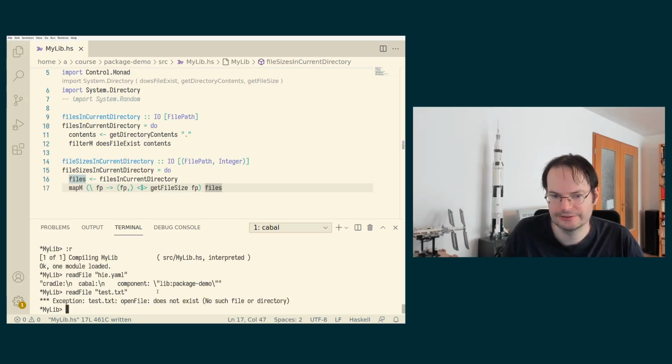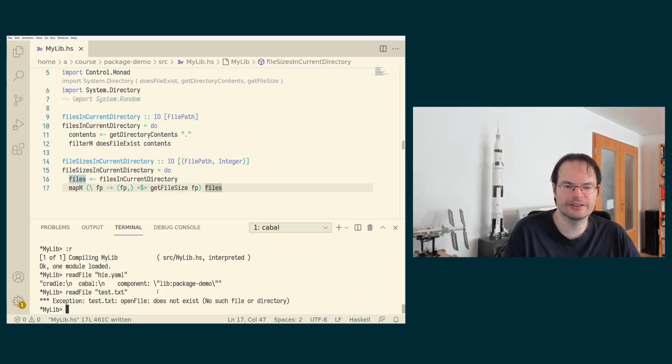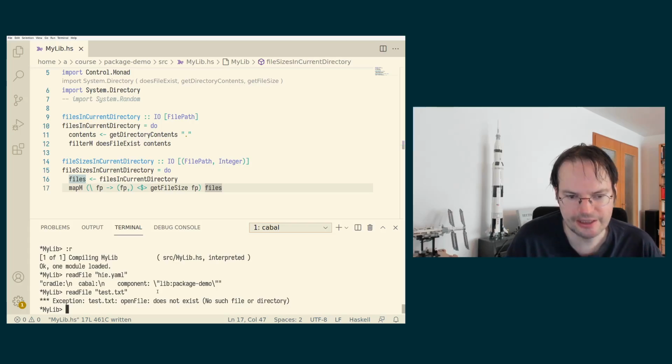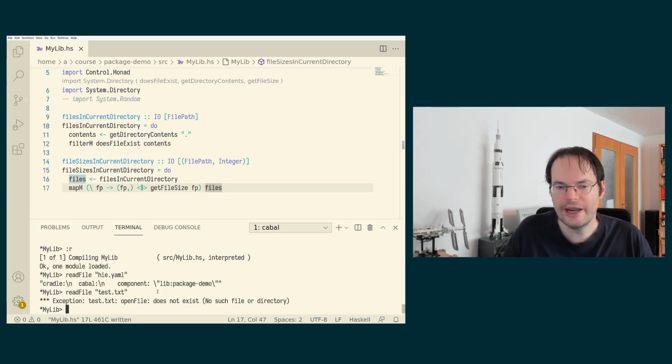What do I get? The fact is I get an exception. The program crashes. All right. Now, I said in the past always that crashes are really, really bad, right? And that we should avoid partial functions and functions that are crashing. And I stand by that. But the situation here is a little bit different because we have to understand when the